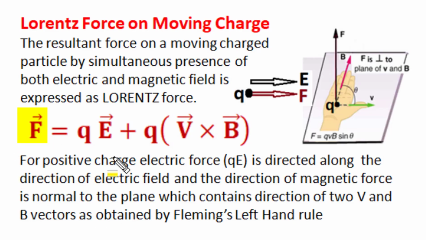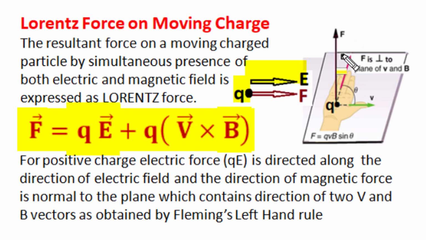The resultant force on a moving charge by the simultaneous presence of an electric field and a magnetic field is called the Lorentz force, and the Lorentz force on a moving charge is basically the vector summation of the electric force by the presence of the electric field on the charge and the magnetic force exerted on the moving charge placed in a magnetic field. For a positive charge, whether it is stationary or moving, the amount of electric force in the presence of an electric field is directly proportional to the strength of the electric field and is equal to charge multiplied by strength of electric field, and the direction of electric force for a positive charge is in the direction of the electric field,